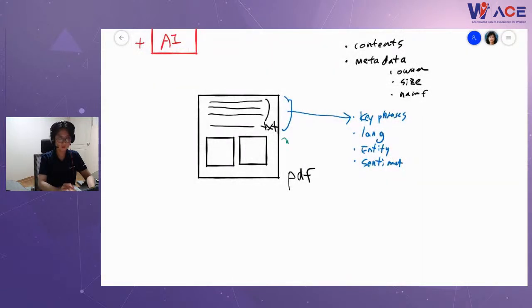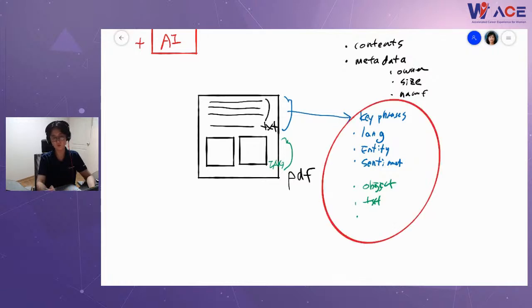If you run the AI modules over embedded images, then you may detect some objects within the image. You can also detect faces, or you can get some text using OCR. And then you can also get a description of what this image means.